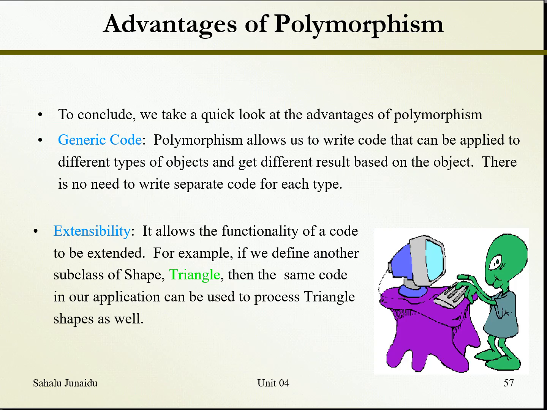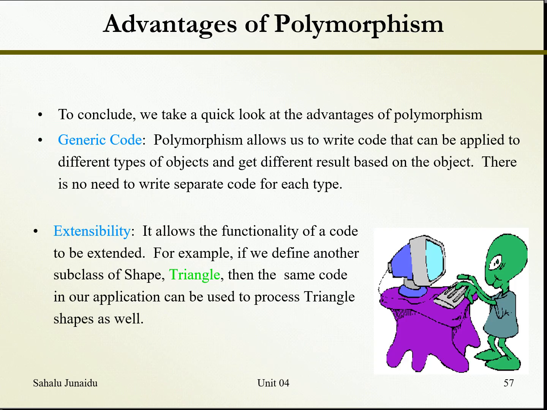So if we add the triangle in the shape class, while we are instantiating, where we have the radius, where we have the circle, rectangle, and the square, all we need to do is go there and add a triangle. That's all. This is what it's saying. So then the same code in our application can be used to process triangle shapes as well. We don't need to do anything. All we write is the class triangle,